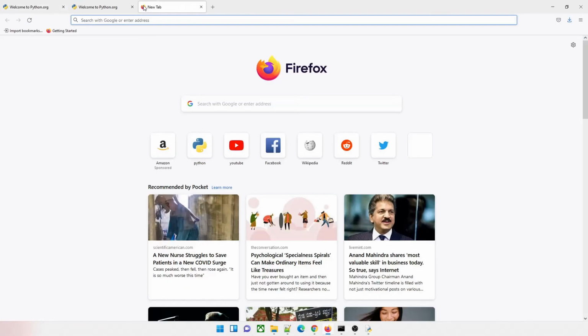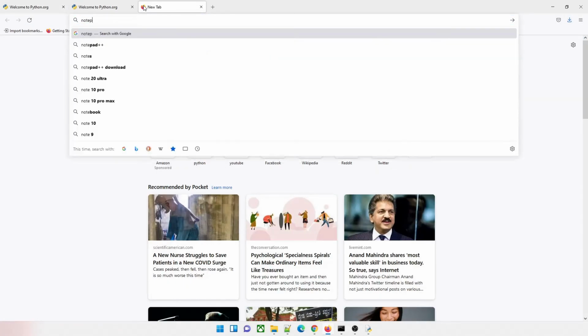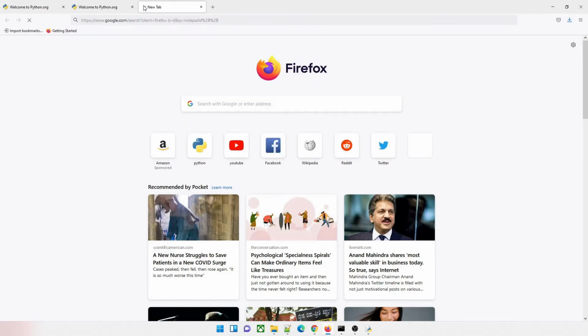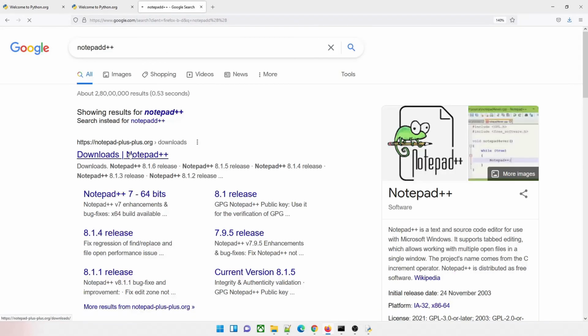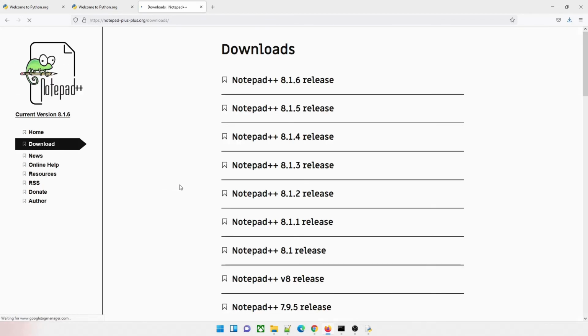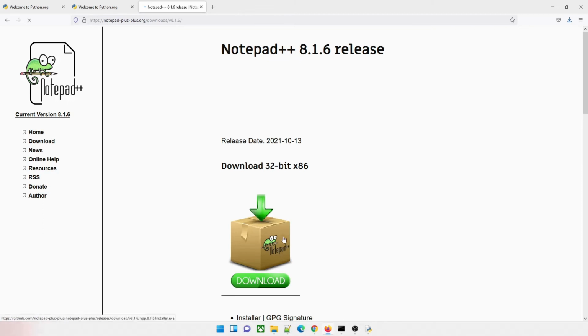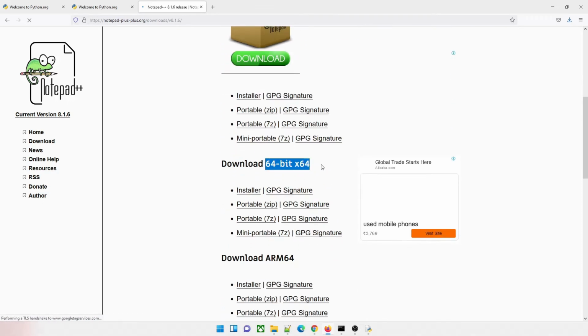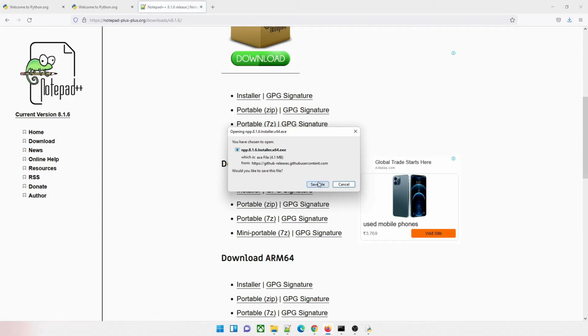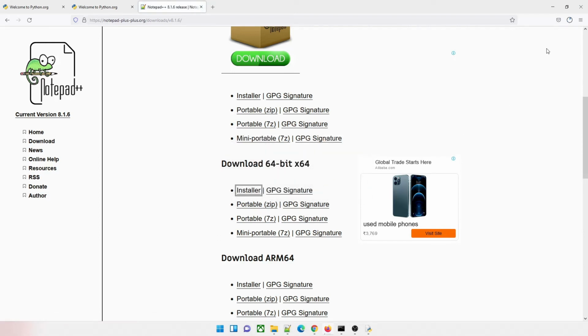Now we are going to talk about the third thing. First of all, let me tell you how to download Notepad++ in case you want to write your programs in Notepad++. Just click on downloads, go to the latest release. There are multiple options over here, 32-bit and 64-bit. Depending on your system, download the appropriate one. I'll download the 64-bit installer. Click on it, and then it will start downloading. It is just a 4 MB file, so it would be pretty fast. On your right, you can see that it's getting downloaded. I'll just fast forward it in order to save some time.